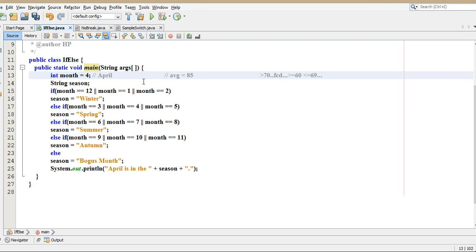If it is less than 40, it's fail. If it is between 40 and 59, then it is third class. If it is 59 to 60, it is second class, and then 60 to 69, it is first class, and above that is FCD. So this is a simple example of how we can come across more than two outputs, right? Very similarly,